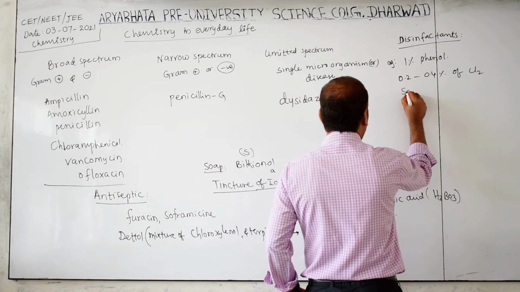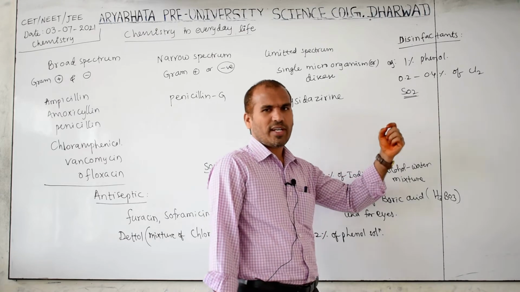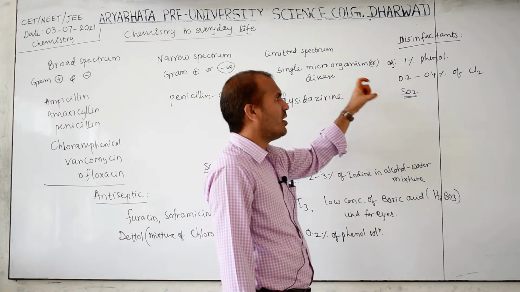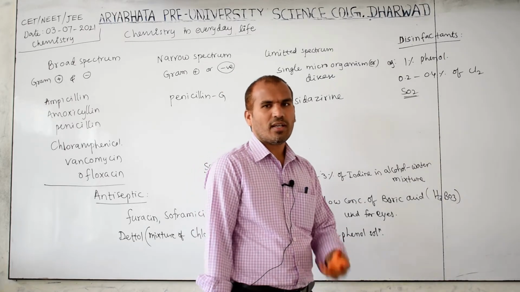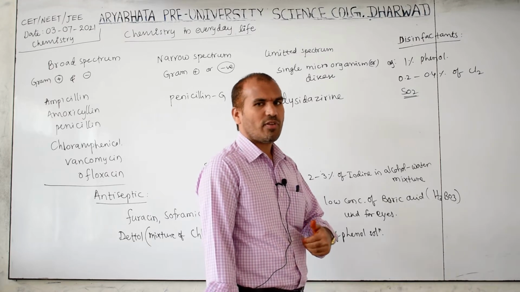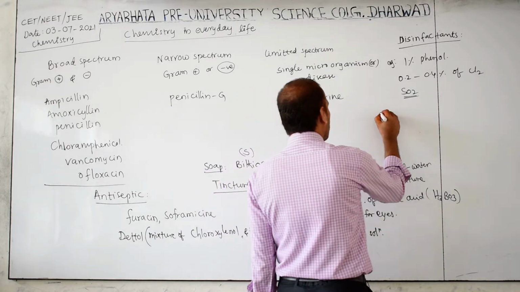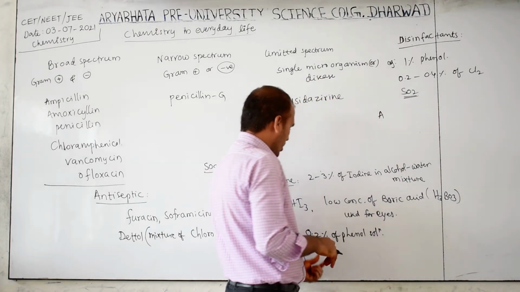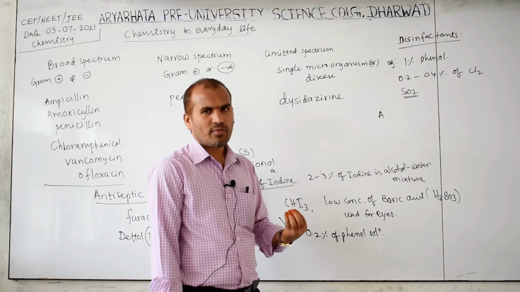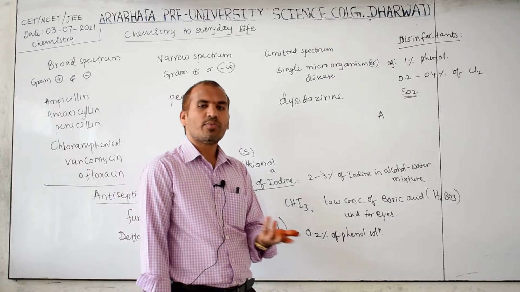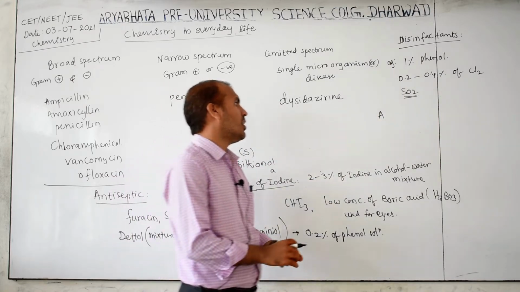Another one is sulfur dioxide; in low concentration sulfur dioxide also acts as a disinfectant. So you have to remember each and every example, because a question may be given as which of the following is correct, or which of the following is incorrect. Each and every example is important. Next one, see here 0.2%. Some compounds act as a disinfectant and some act as an antiseptic, so it depends upon their concentration. Phenol is there, here also phenol is there, here 1%, here 0.2%.